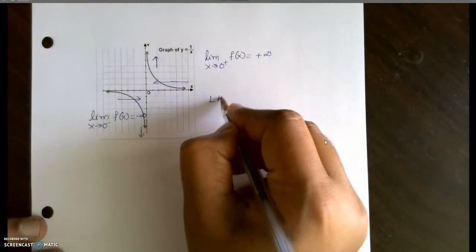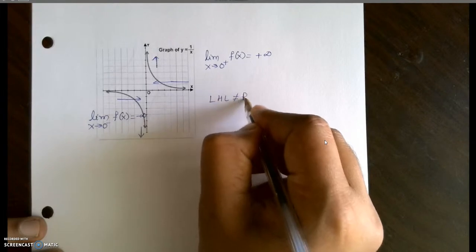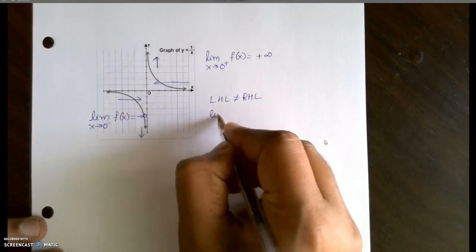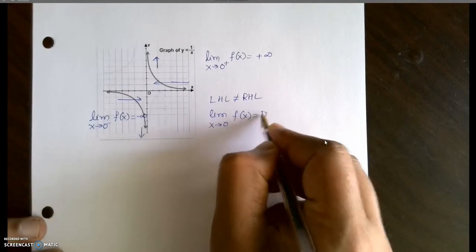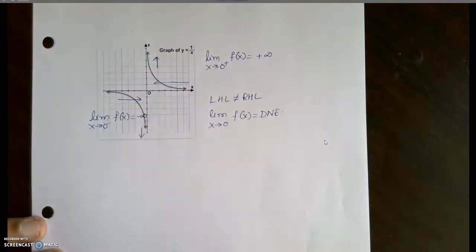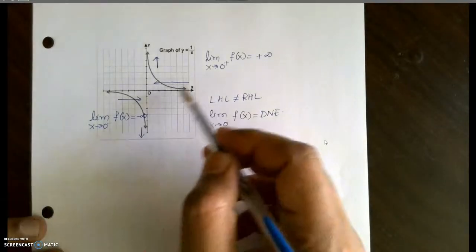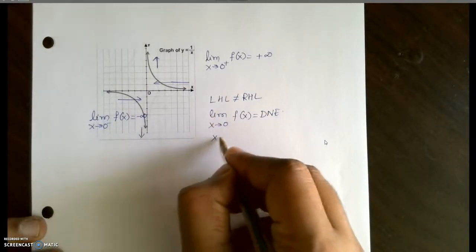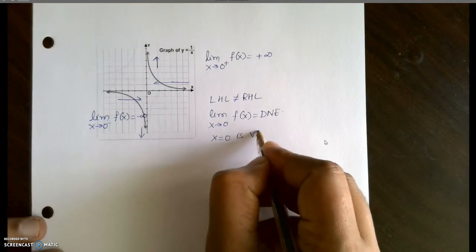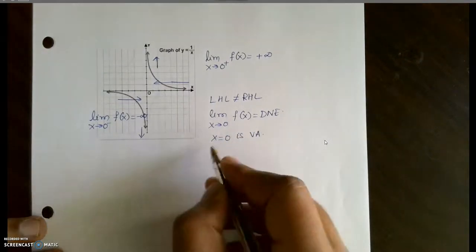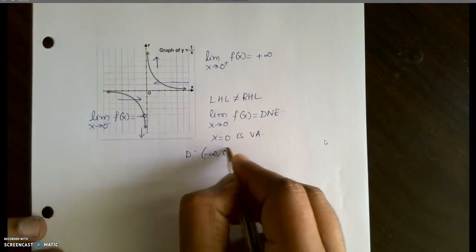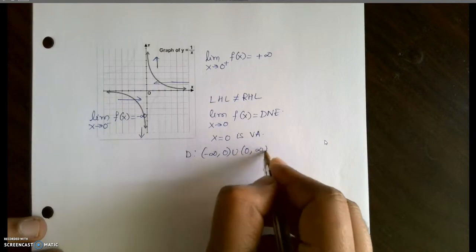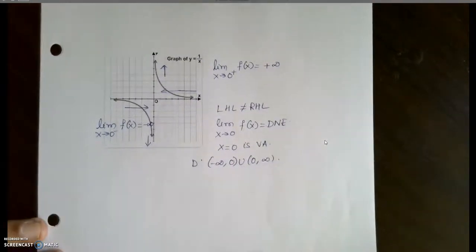And you can see that the left hand limit is not equal to the right hand limit, and hence the limit as x goes to 0 of f of x does not exist. Also, because of the one-sided infinite limits, x equals 0 is the vertical asymptote of this function, and the domain of the function is negative infinity to 0 union 0 to infinity. Now let's look at one last example